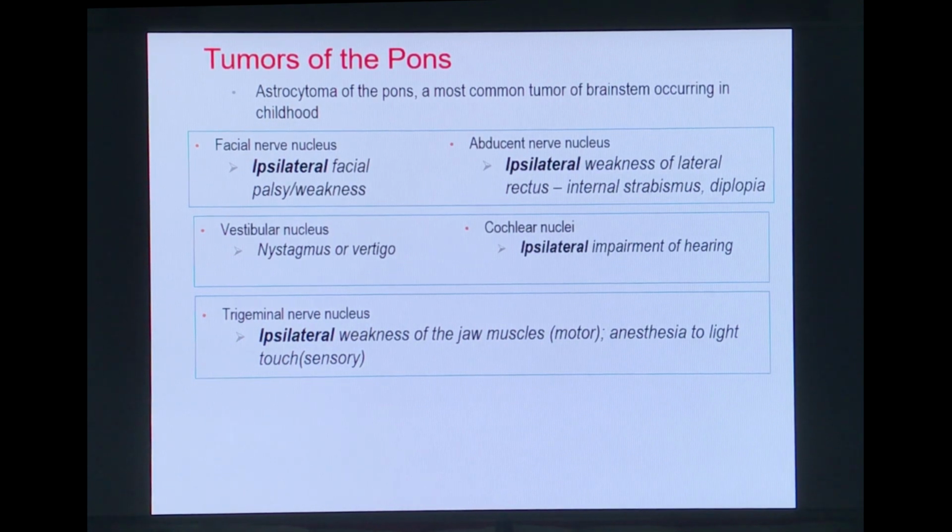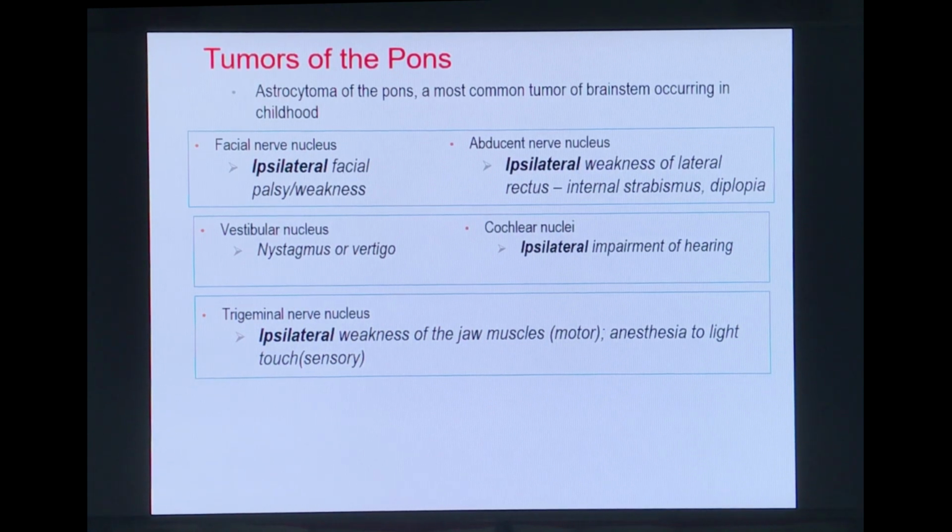If the trigeminal nerve nucleus is involved, it depends. The sensory component is on the lateral aspect, the motor component on the medial aspect. If the motor component is compressed, the fibers pass through the mandibular nerve, which supplies the muscles of mastication. So there will be ipsilateral weakness of jaw muscles, and also loss of light touch, because the main sensory nucleus is affected over here,